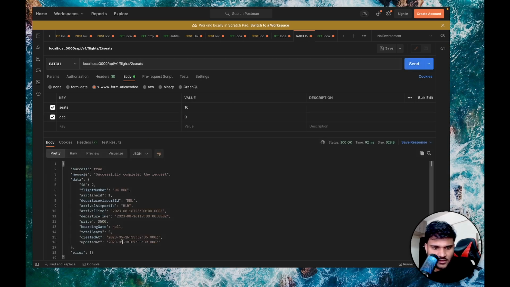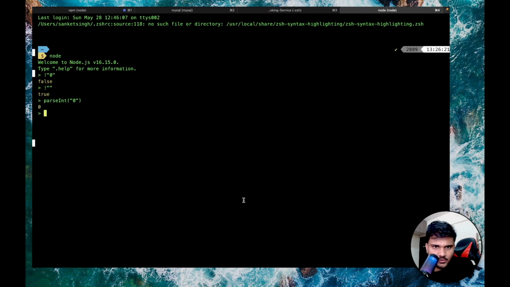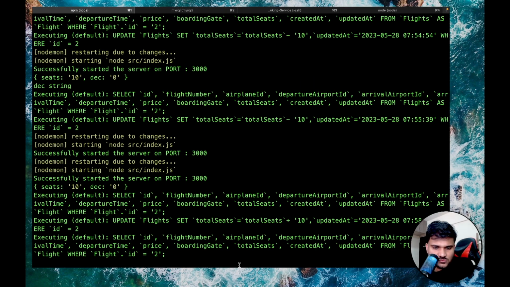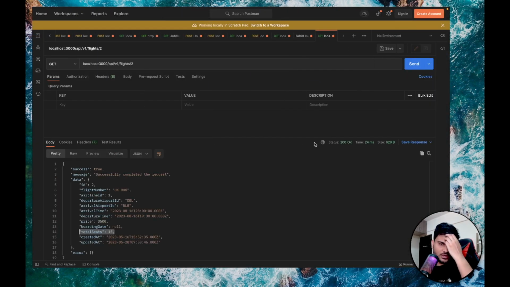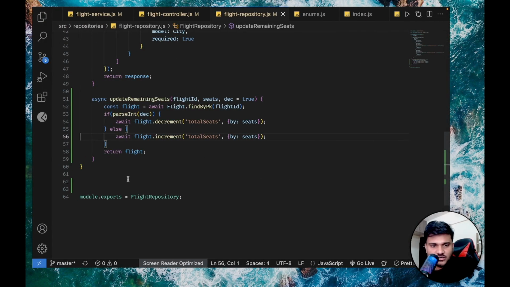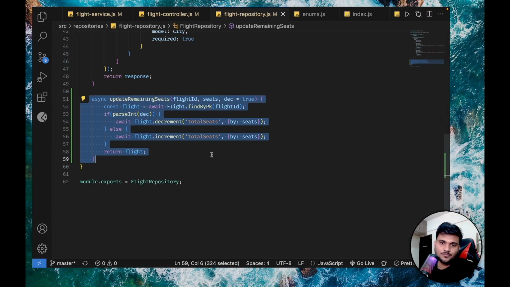Send it, and you can see it increased, and I am confirming that via the query as well. Plus 10. Okay, as simple as that. So again, keeping type coercion in mind helps us a lot while writing JavaScript, and we can see our update remaining seats API is working absolutely fine, right? Okay, now